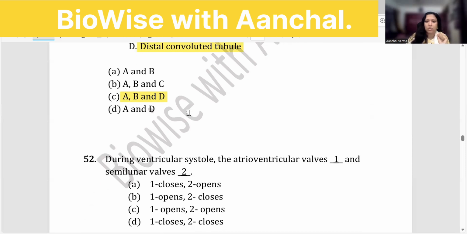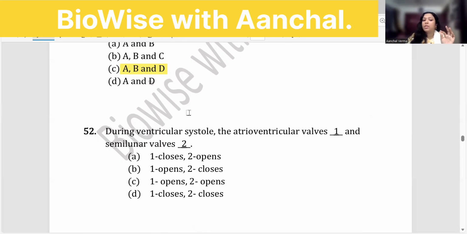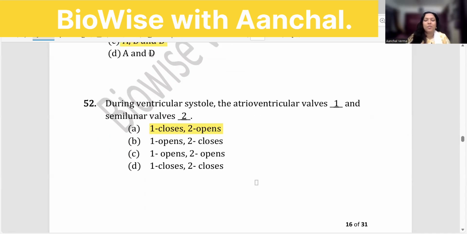During ventricular systole, the atrioventricular valve, what happens to it? Tell me, 52, what is the right answer? During ventricular systole, when the ventricle is pushing the blood to the pulmonary artery and the aorta, that means semilunar valves will be open. And to prevent the backflow of the blood from the ventricles to the atria, that valve will close. So, atrioventricular valve will close and semilunar valve will open. Close, open, where is the option? This one, the first one. How many of you are right? Just see. Very good. Keep it up. Moving to the next